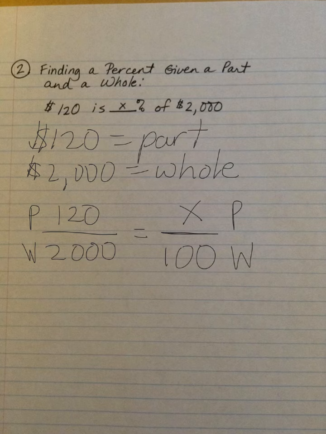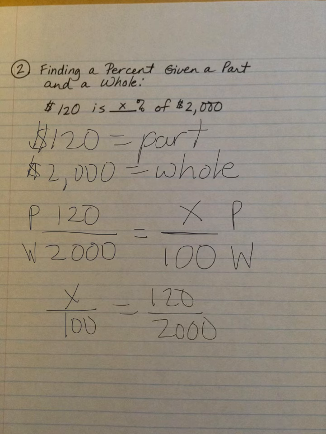And then I'm going to say, okay, I can divide 2,000 by 100. And I can either turn this around to say x over 100 equals 120 over 2,000, or I can divide 2,000 by 100. I can go either way. But in this case, I'm just going to set it up this way to make it easier. And 100 times 20 gives me 2,000, which means that something times 20 will give me 120. So I can go backwards and say 120 divided by 20